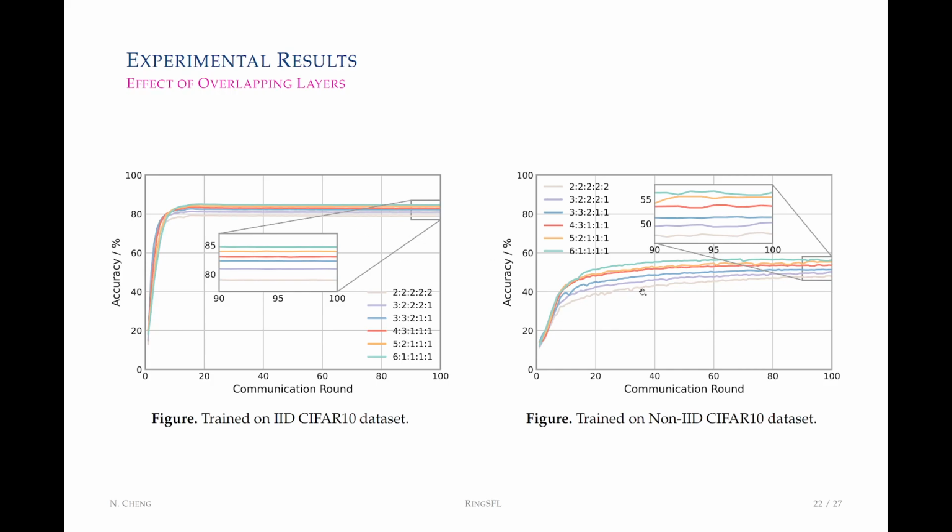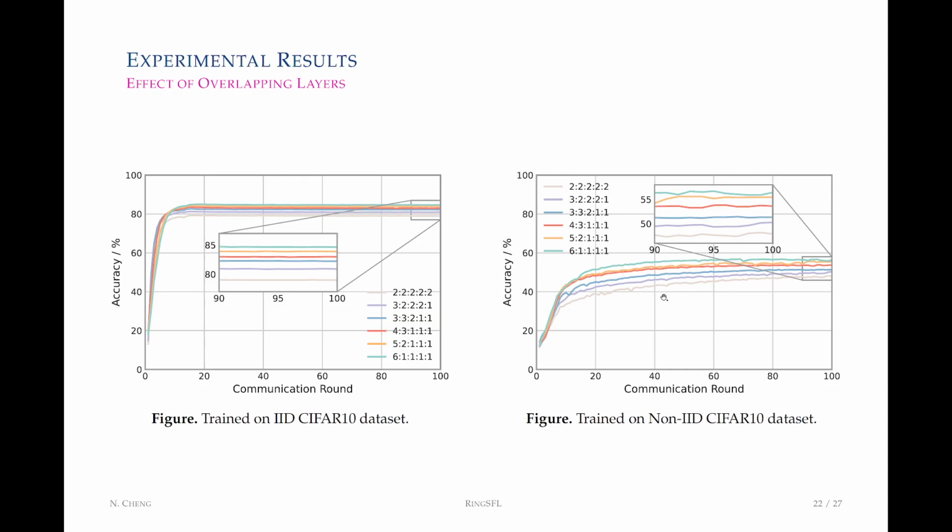As shown in the two figures on this slide, the impact of overlapping layers on model accuracy is clear. When the propagation lengths are more unevenly allocated, resulting in more overlapping layers, the model accuracy improves. This phenomenon can be attributed to the higher reliability of gradients in the overlapping layers. Importantly, this conclusion holds true for both IID and non-IID